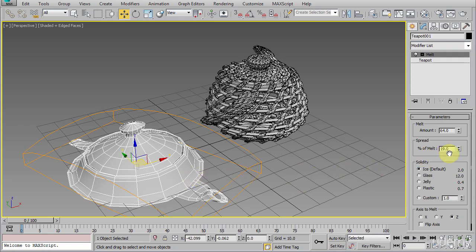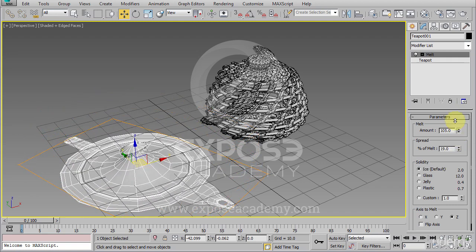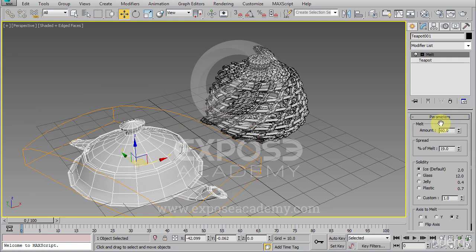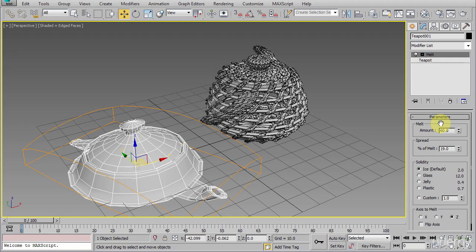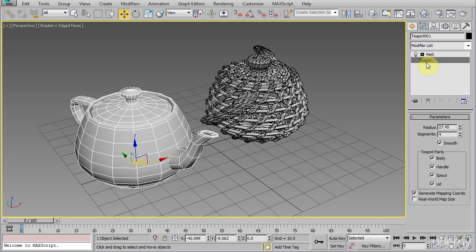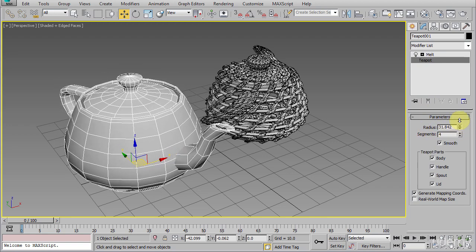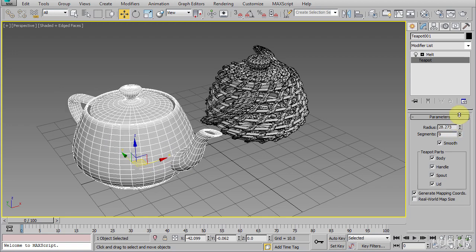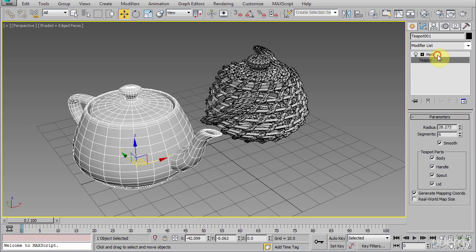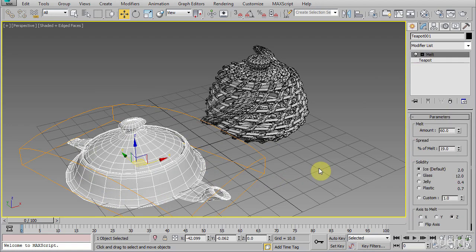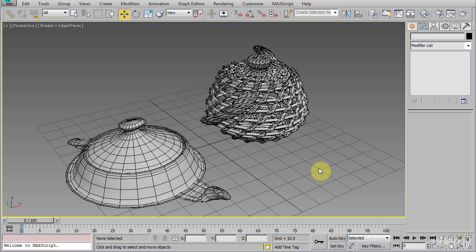Let's go back to our first teapot. If we look at the area below the modifier stack, we have different parameters than the original teapot. What we have here are the parameters for the melt modifier, not the teapot primitive object. So we can tweak, for example, how much the object has melted, etc. What I actually want to highlight is that the parameters of the original teapot still exist. We can click on this teapot in the modifier stack, and now all of the parameters of the teapot show up again. We can change, for example, the radius of it and other stuff available in here. And when we go back to the melt modifier, the changes reflect instantly.